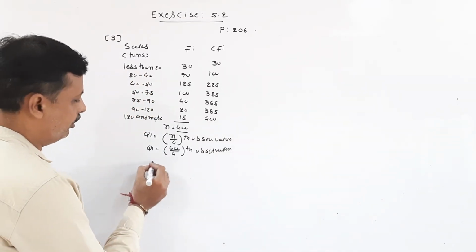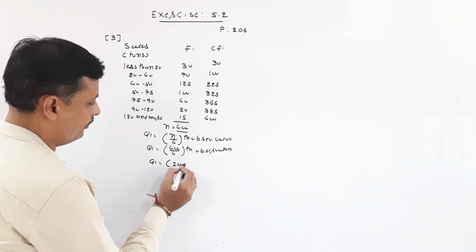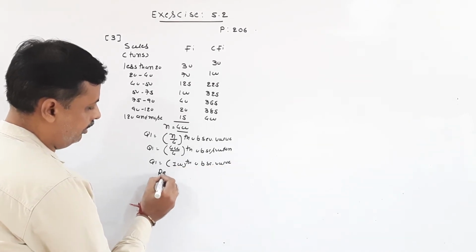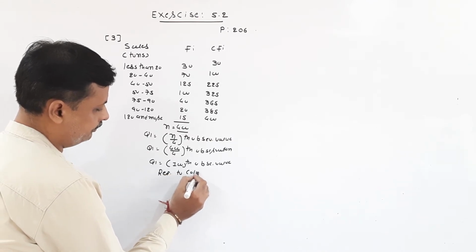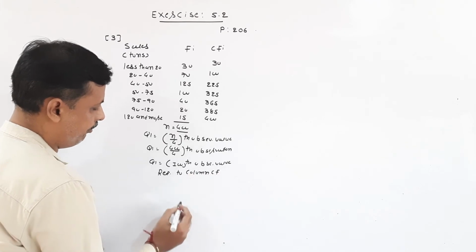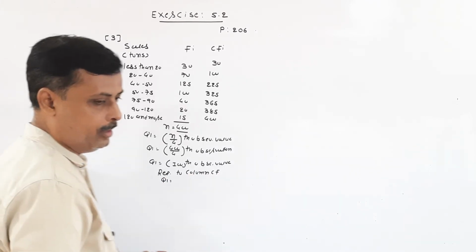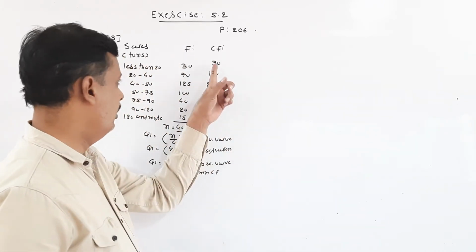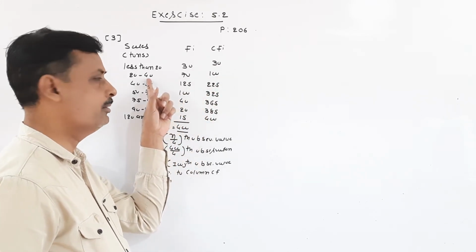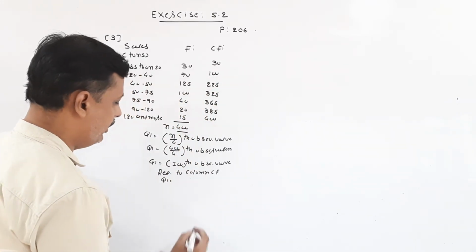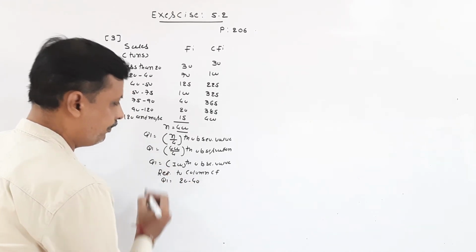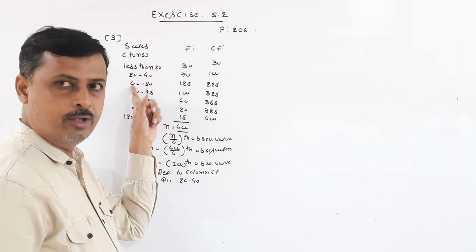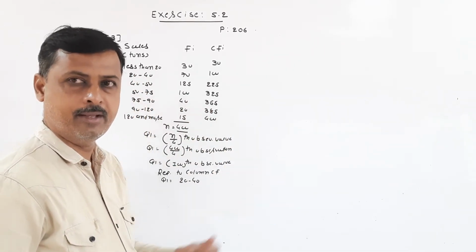So 400 upon 4, that is 100 observation value. Now referring to column CF, so 100 आपको कहाँ पर मिलेगा वो चेक करना है। 300 एग्जैक्टली 100 में मिल जाएगा। So class is 20 to 40, and here already exclusive class is given 20 to 40, 40 to 50 exclusive है, आप डायरेक्टली अप्लाई कर सकते हो।